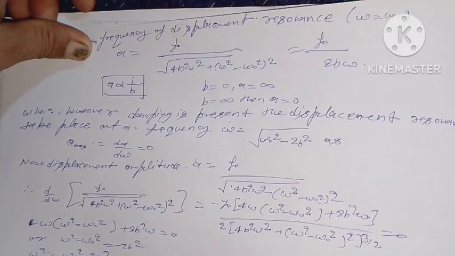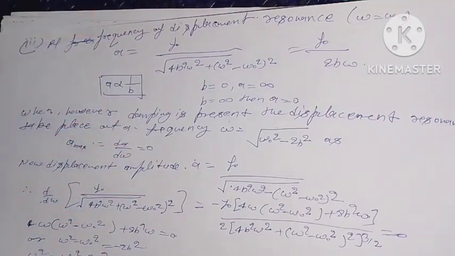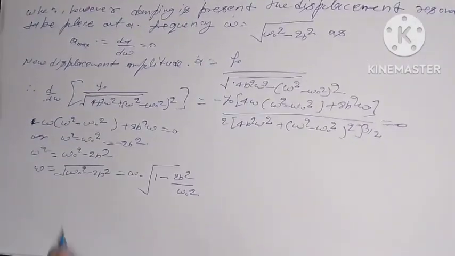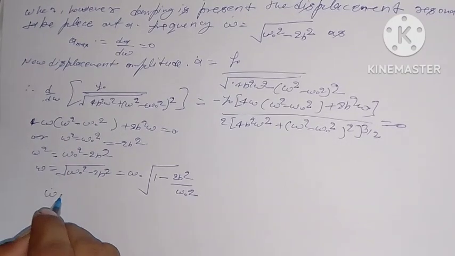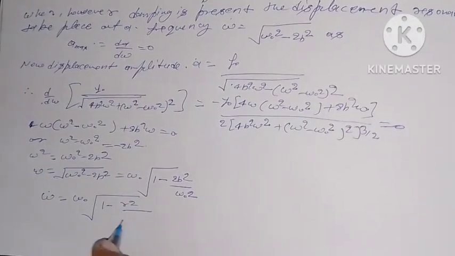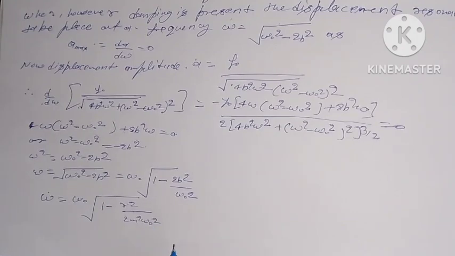That is omega naught under root of 1 minus 2b square upon omega naught square. Omega naught is common. Omega equal to omega naught under root of 1 minus r square upon 2m square omega naught square. Thus the maximum displacement amplitude, or displacement resonance, takes place at a frequency slightly less than omega naught, the natural frequency of the oscillator, and is given by